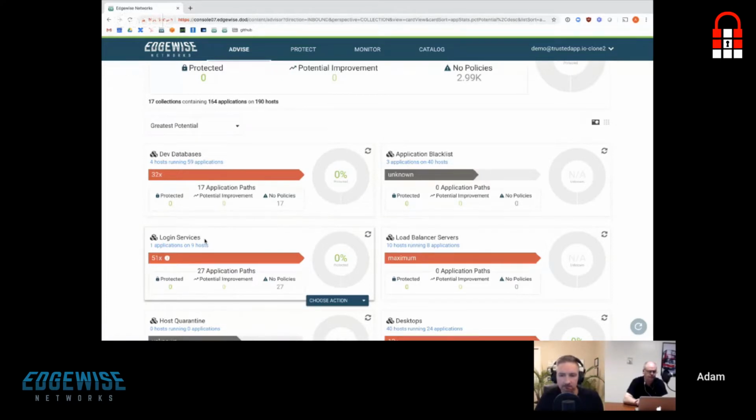But what we want to focus on for this perimeter section is just the pieces of software that need to communicate, which in this case will be the login services. That's going to allow us to create not just exceptions based on where something's coming from, but based on what it is.